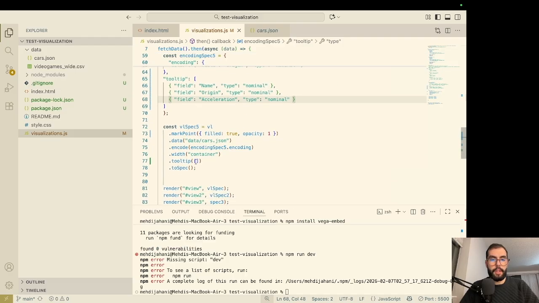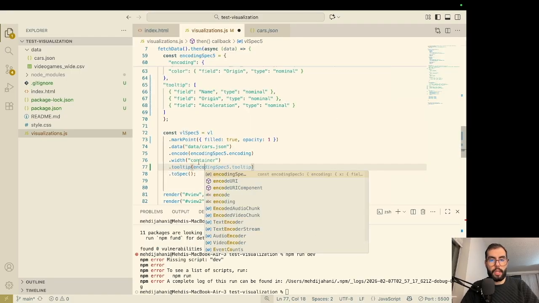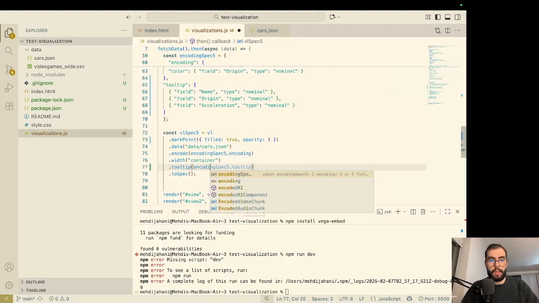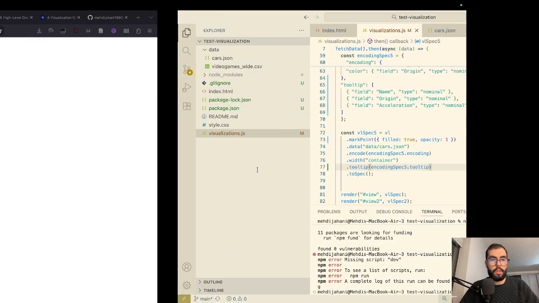And if I save it, here I should say you should read the tooltip from encoding spec5.tooltip. And if I check my code here,